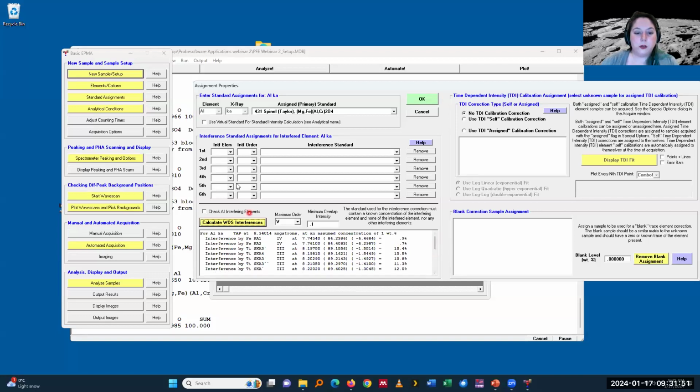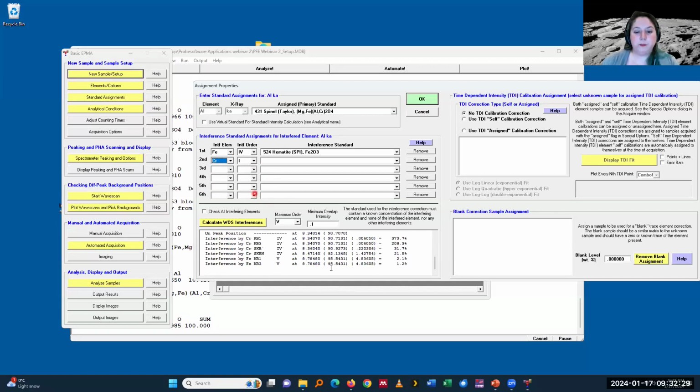So I can use that, and I can say, oh, I want to do a fourth order. I want to acquire intensities to use in combination to correct for these. And so I need to use a material that does not contain that element, so it analyzes the aluminum intensities that it's getting from an aluminum-free material, and thereby we know that in this case that would be really the fourth order iron. And as you can see, I can have up to 6